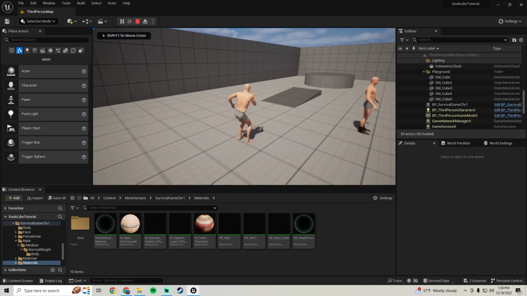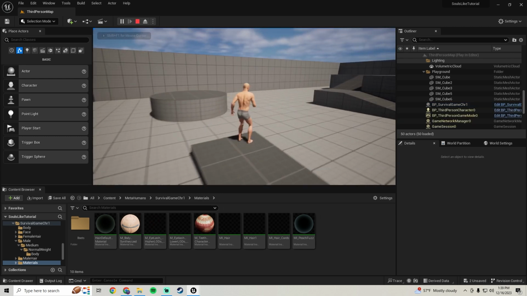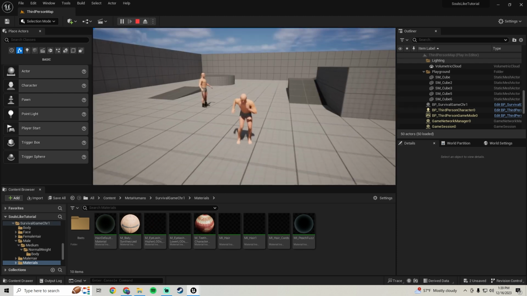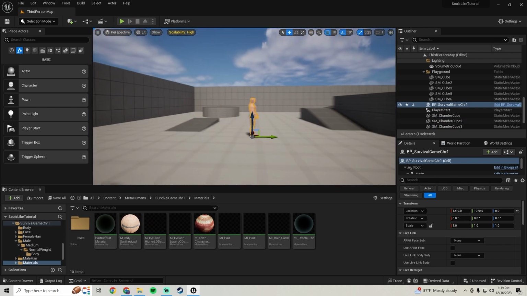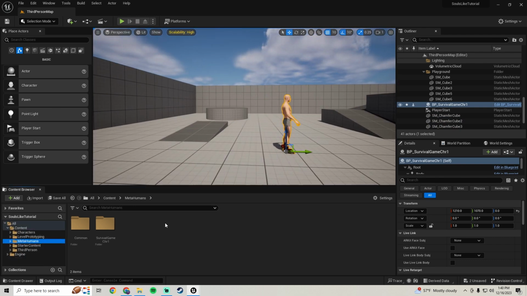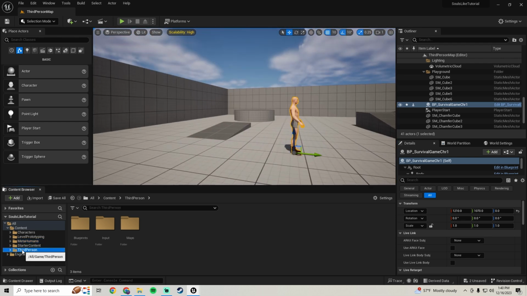Alright, looks like we're in, and the legs don't work, so we're gonna make our own animation blueprint to deal with the legs. So let's just close some of this down. We're gonna go into the third person right here. We're gonna go in